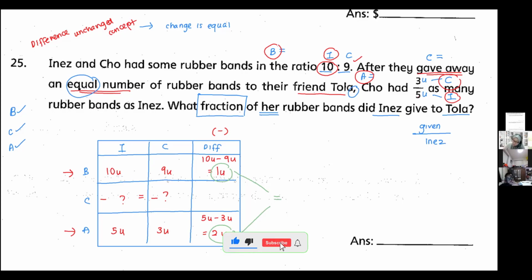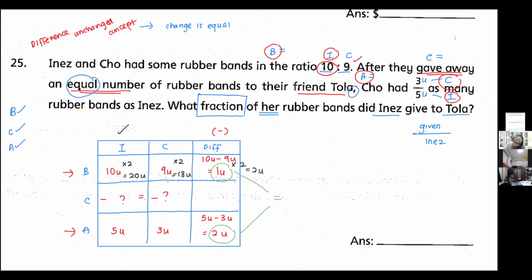All right. So how do we do that? I times 2 here. If I times 2 there, then the whole row of before must times 2. Here becomes 20 units. Here becomes 18 units. Here becomes 2 units. So when I check, 2 units is equal to 2 units. So it is already equal. Okay. Now let's move back to find the question mark here.